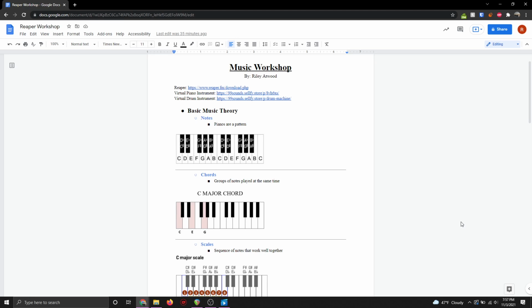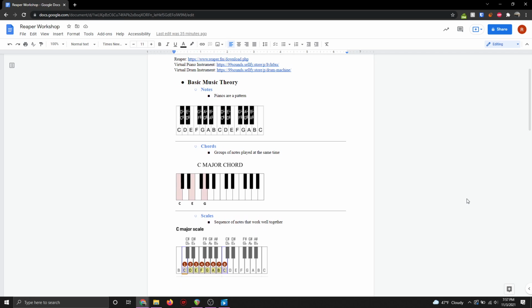You don't really need any of this for what we're going to be doing specifically, but you're welcome to go further into music theory, and it'll help wherever you can apply it. Yeah, so basically,